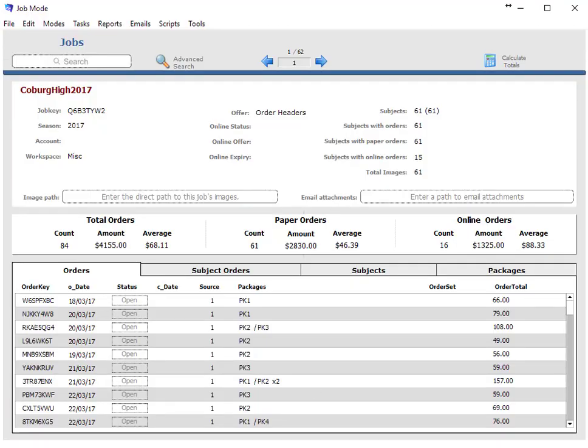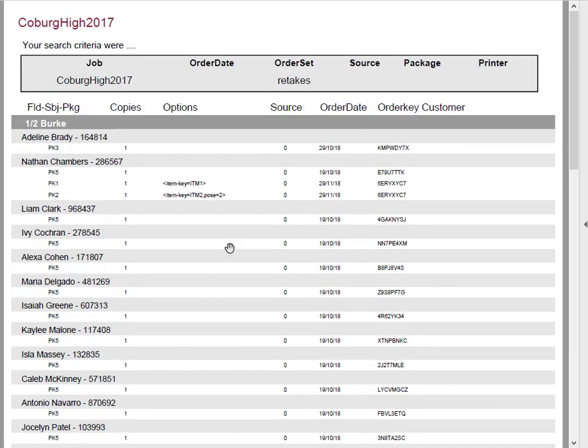And I'll just show you the report. Okay, so that's a checked and delivered report just on the retakes. The job, our search criteria was the job, obviously, Coburg High School, and the order set we typed in retakes. And this is a list of the orders in that retake set, grouped by folder first, which is their grade